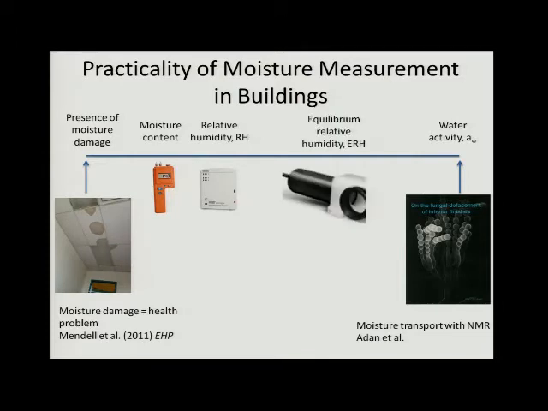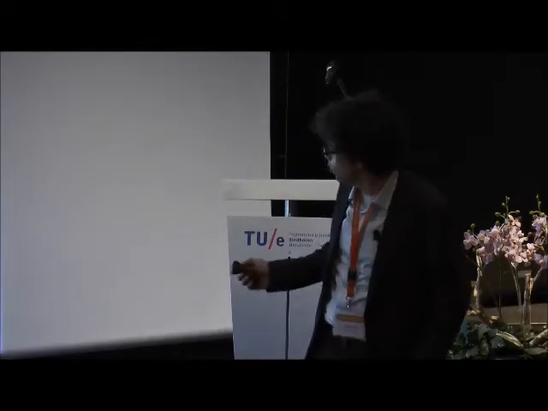And where I think we might be going is in a measurement more like this, which is equilibrium relative humidity. It's a relative humidity sensor in a sealed headspace. So you attach that black suction cup ring to a surface, and you measure the humidity in the headspace. And that gives you an air relative humidity measurement, but it's much more coupled to the material. And I'll talk more about that as well.